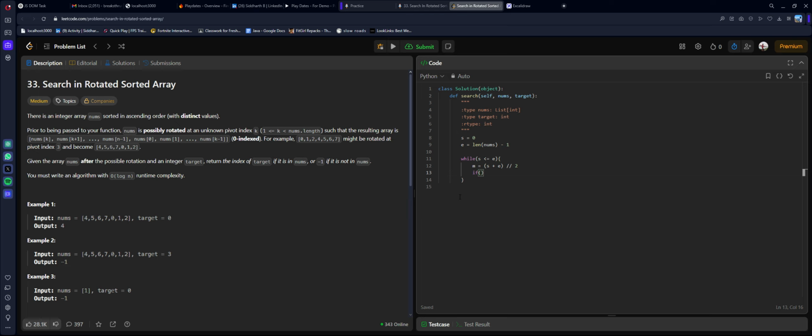Now let me check. What do we have to check? We have to check if the value corresponding to the mid pointer is greater than the value corresponding to the ending pointer. Sorry for that. If it is greater, then we have to move our starting pointer to mid plus 1. My starting will be mid plus 1. Correct? Okay. Else